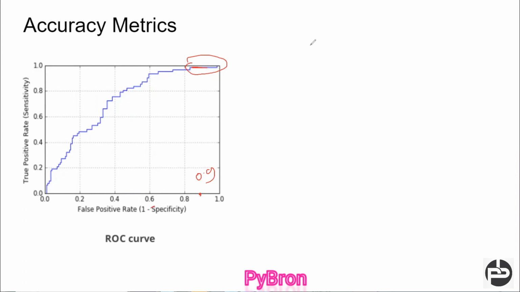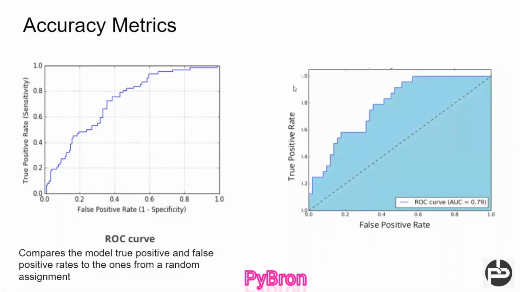Now coming to the AUC part. What is the AUC? AUC is basically a line we draw with your threshold. And always remember, guys, the ROC area should always be more than the AUC line. If it is like this, then only your model is correct. Otherwise your model is not correct. Got it? Hope you understood these things. In the next video, we are going to incorporate all of this with Python code, and we will see all these accuracy metrics and validate our model with the help of Python code.